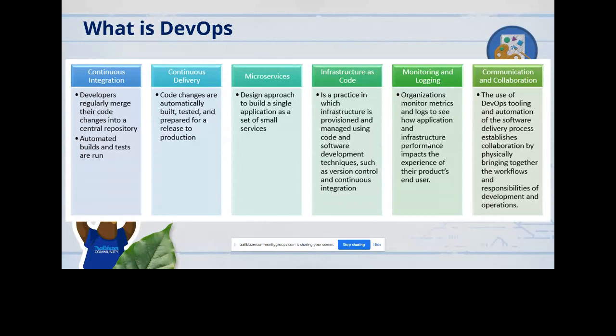So this process of continuously integrating your code to a repository is called continuous integration. Once you are checking in your changes to a particular repository, it can be GitHub, GitLab, or Bitbucket, any kind of repository you might be using. But once it is checked in, there might be an additional process to deploy whatever you committed to one of your environments. So that process of deploying and keeping multiple environments in sync with the latest changes,